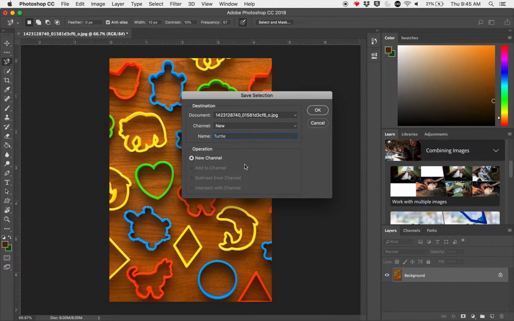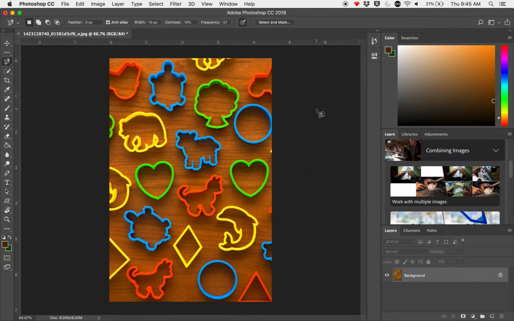What this will do is it's going to save a new channel selection, so that way whenever I need to get back to the turtle, all I do is I load this selection. I click on OK, and now I have my turtle saved. If I deselect this, and if I select something else, let's say I select this heart, and I just go around and I select this heart,